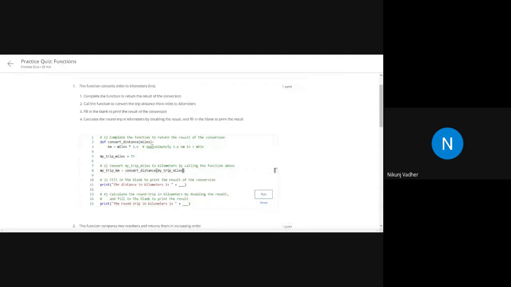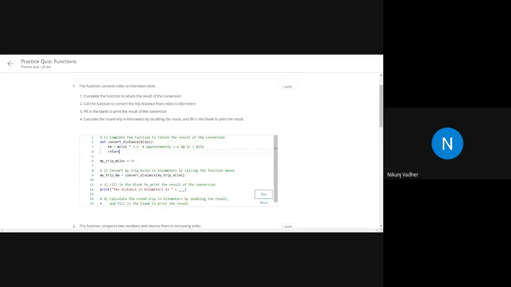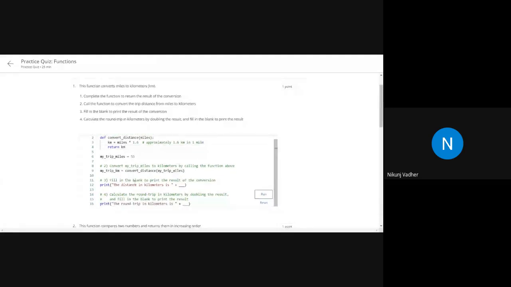Complete the function to return the value. So here you will simply write return kilometer. Then fill in the blank to print the result of the conversion. So here you will write my trip kilometer. Calculate the round trip in kilometer by doubling the result and fill the blank, print the result. So here you will write my trip kilometer into 2.